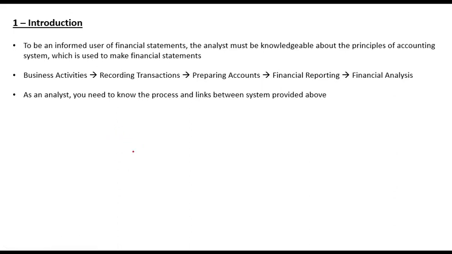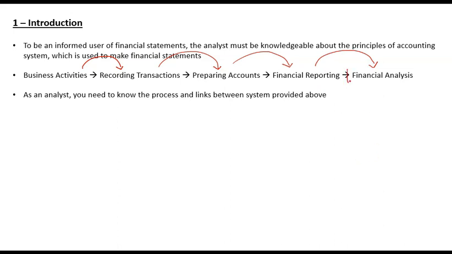There are three broad categories of activities that we will just discuss. But once you have done an activity, for example, if you have bought something or you have sold something, then the next step is recording that transaction. That is, what transaction has actually taken place, what has been bought or what has been sold. Once you have recorded the transaction, then the next step is that you prepare accounts, for example, sales account, purchases account, asset account, or whatever. And once you have prepared the accounts, then you prepare the financial reports or financial statements that include your income statement, balance sheet, cash flow statement, statement of changes in equity, and notes to the financial report. And once that reporting is completed, then you use that reporting for financial analysis.